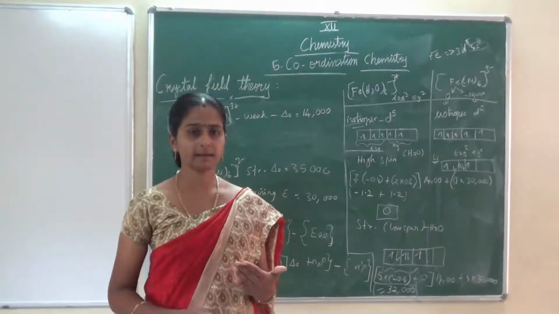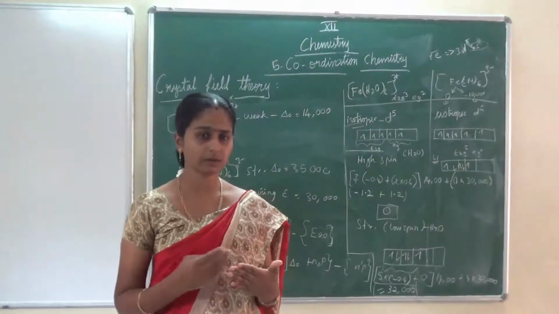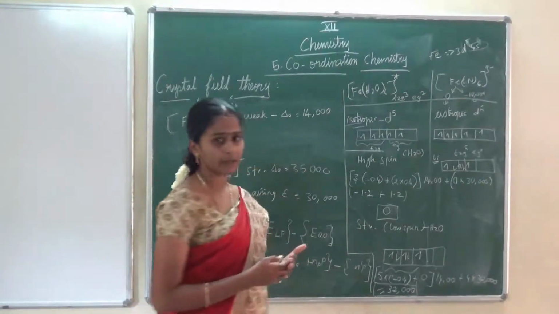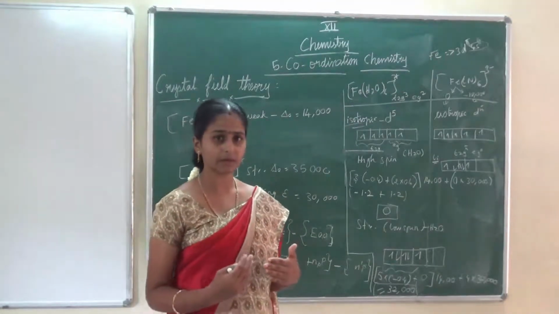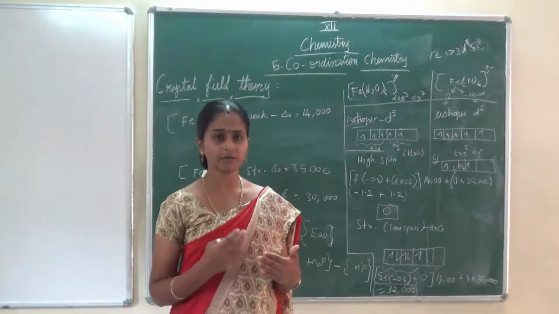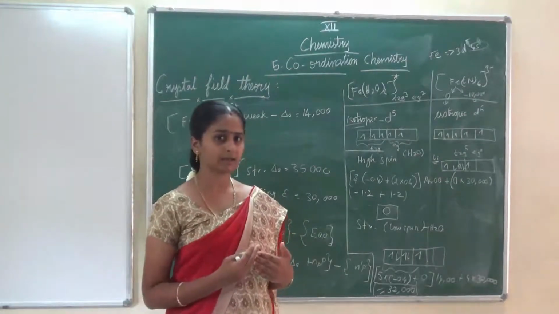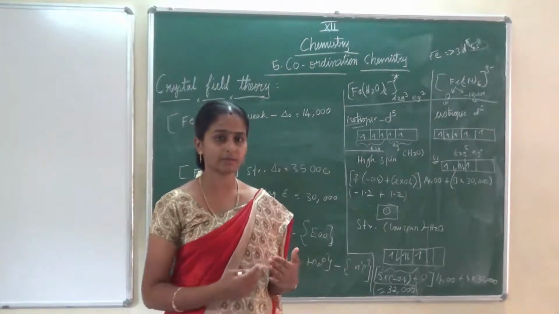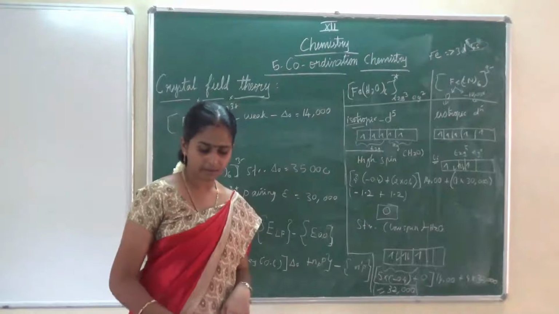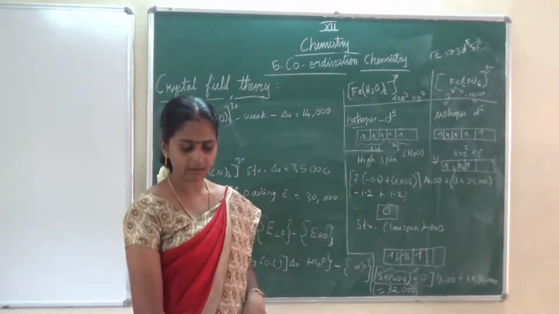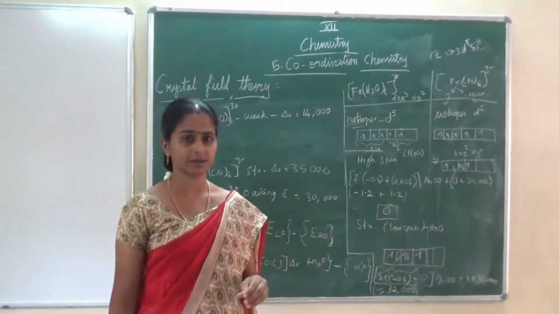Then we have to calculate the magnetic moment. What is the formula to calculate mu? Mu is equal to root of n into n plus 2. In the previous class also we have worked this out. Here n is the number of unpaired electrons; just put how many unpaired electrons there are and work it out, and you can get the mu value. I hope you have understood the distribution of electrons in the d orbitals in complex formation.